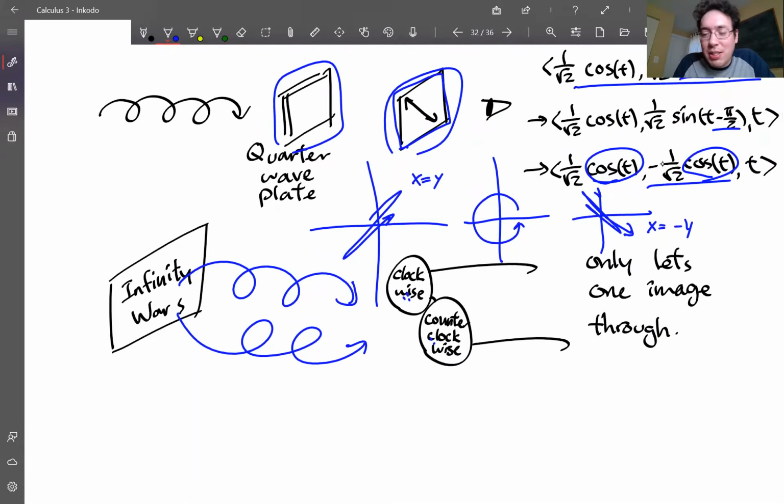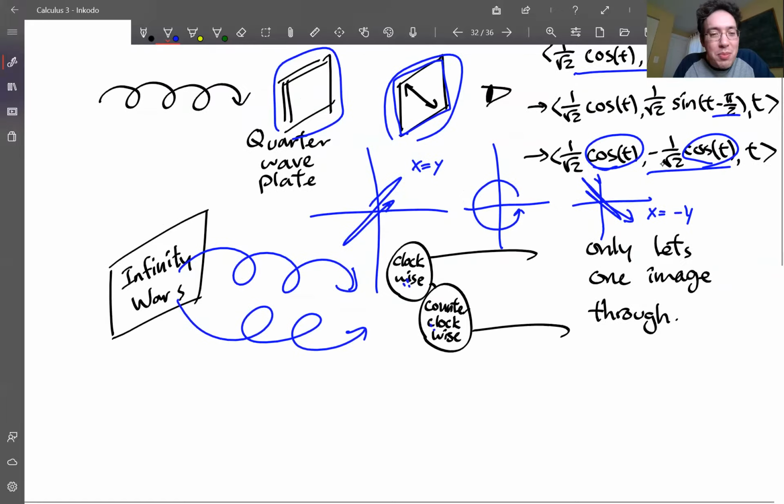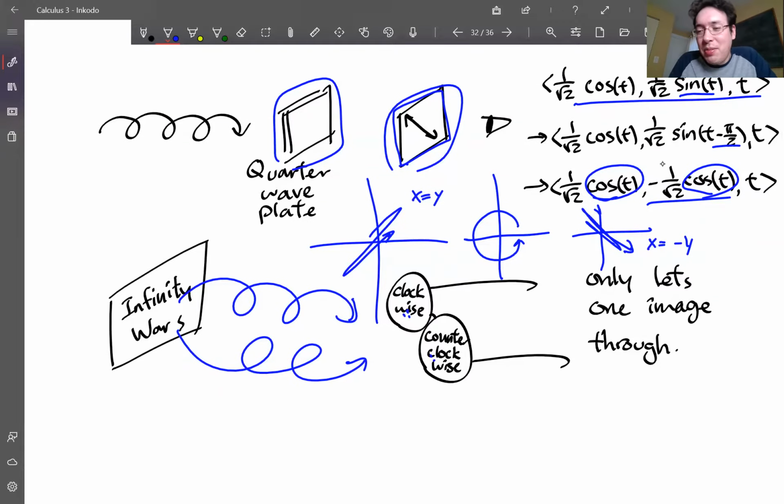It's an interesting innovation. I don't have the real 3D glasses with me, but next time you go and see a 3D movie, when it's safe to do so, I recommend you steal the 3D glasses and do this